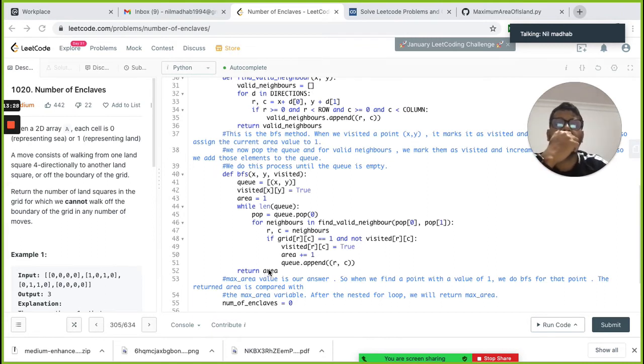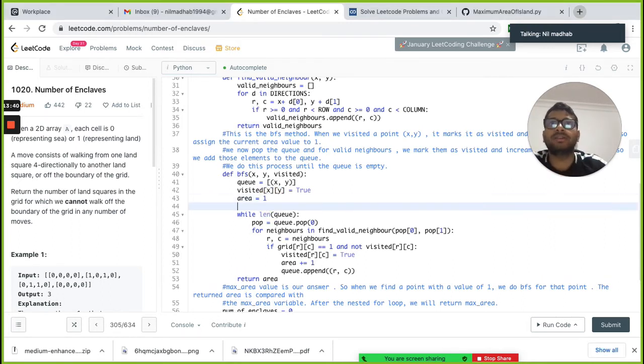If you reach the boundary, then we return 0. We can keep track with one thing, a flag, boundary touched, which will be initially false, and we just keep doing it.